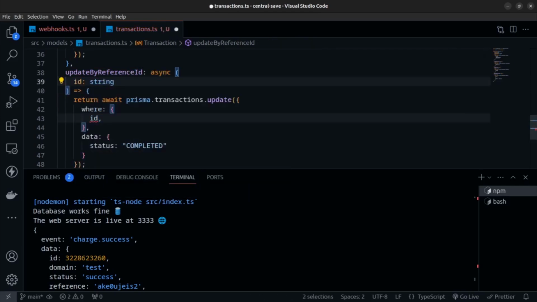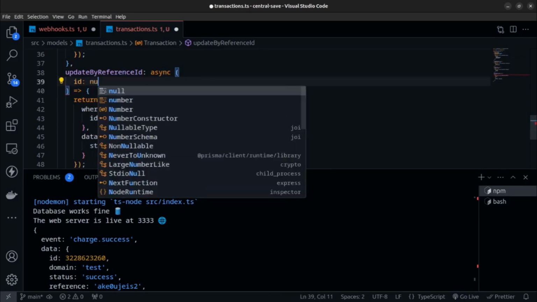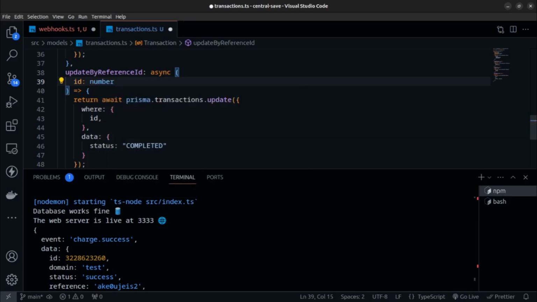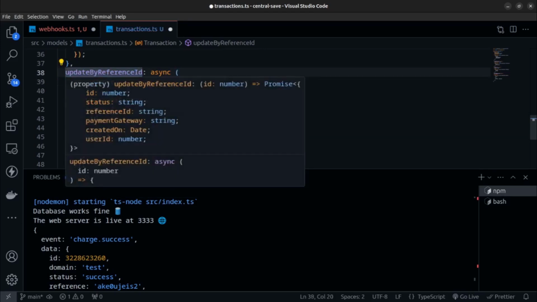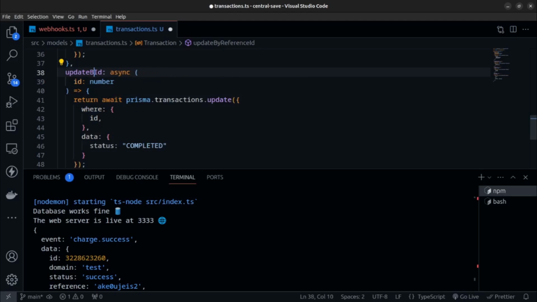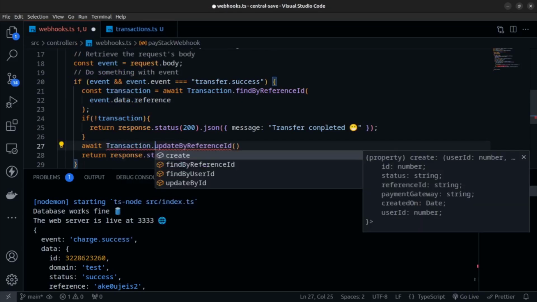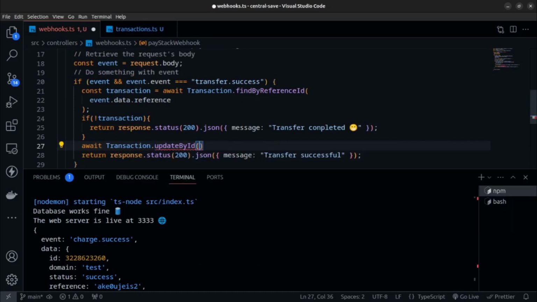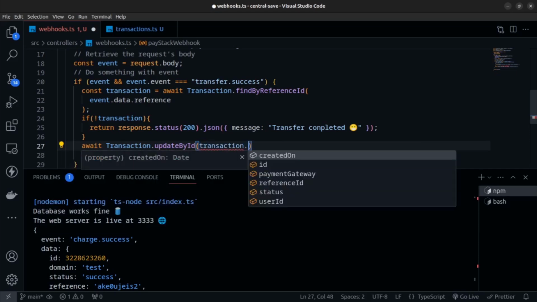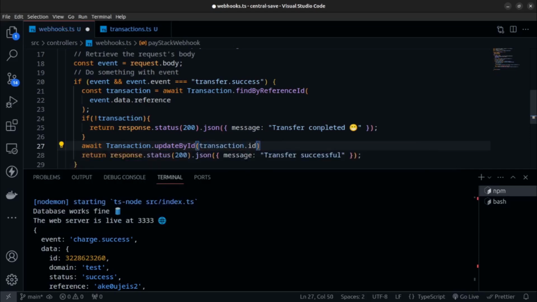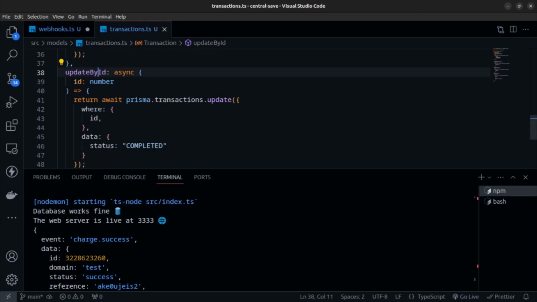I'll just make this ID because it will be really reusable in the future. This will be a number, so this will be find, update by ID. That makes a lot of sense. Then this will be transaction dot update by ID. Yes, update by ID will take in transaction dot ID. Voila. Basically what it's just doing is changing status to secured,